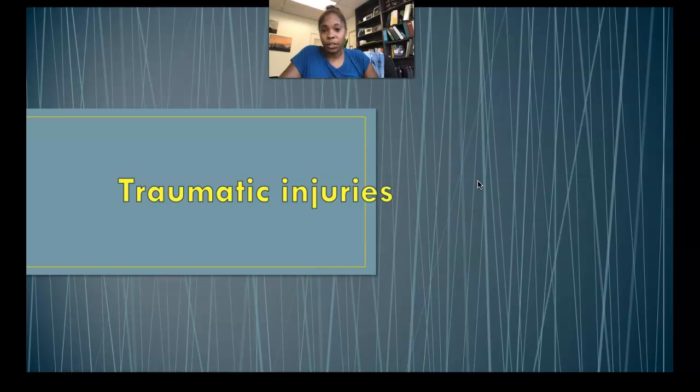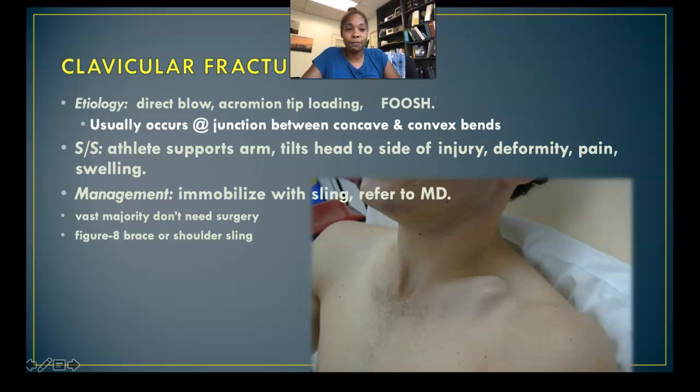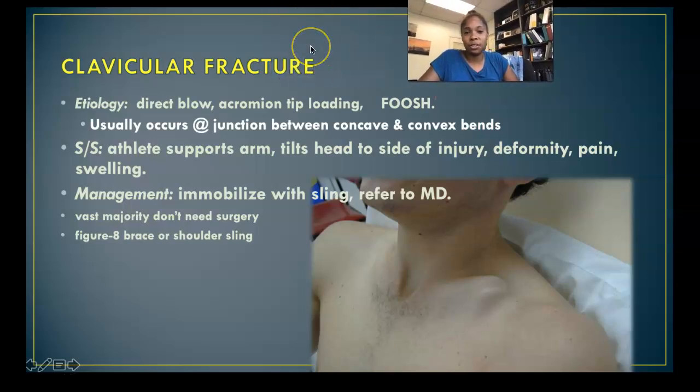Okay, very briefly, we're going to talk about traumatic injuries. The first traumatic injury we're going to talk about is a clavicular fracture, because I'm sure you'll see this in your lifetime this semester. So in essence, this is a clavicular fracture down here. You can see that this part of the clavicle is disjointed from this part, and so the fracture is occurring right here. Most often fractures to the clavicle take place where the bone is changing its shape, so midway between